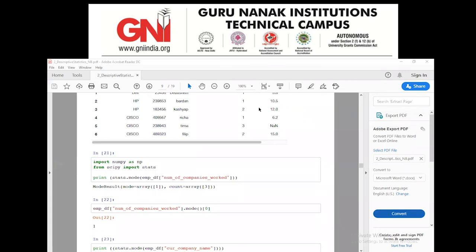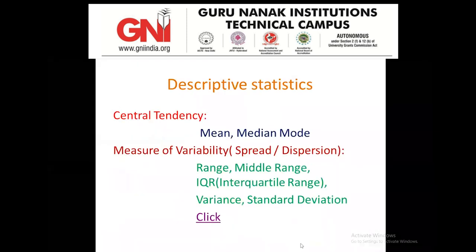Now let's move to the another one. What is the another one? That is measure of variability or spread, dispersion. So till now we discussed that the average of the total data column wise or middle of the data